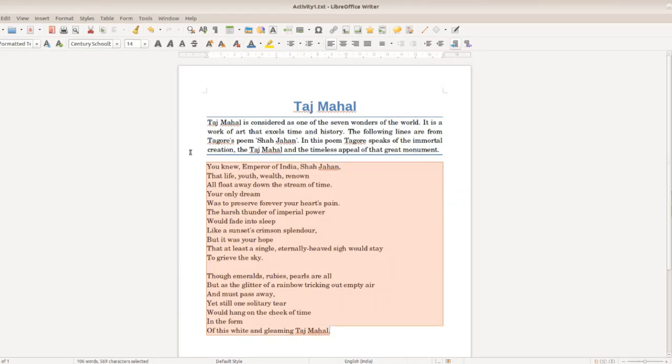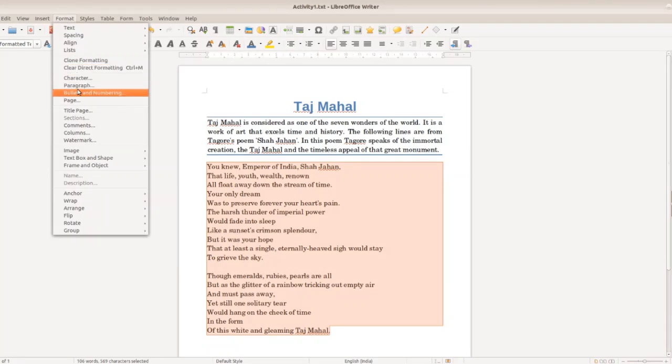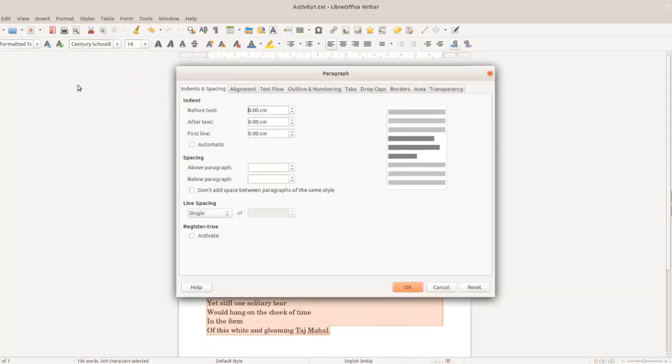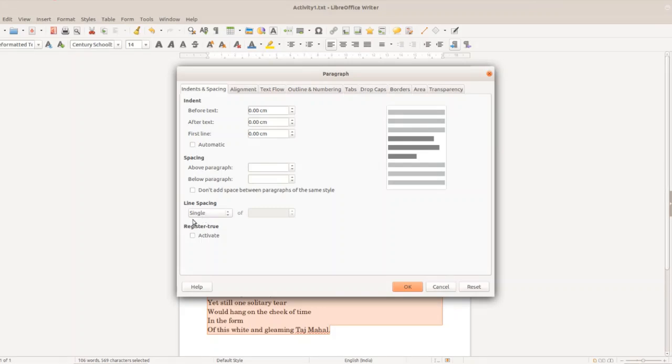We are selecting the poem, and again from format menu, we are selecting paragraph, and again the tab that we have selected is indent and spacing only, and here we have line spacing. Did you see that?